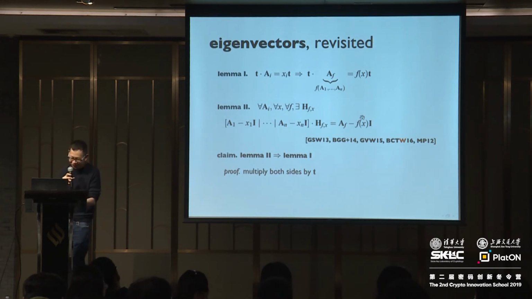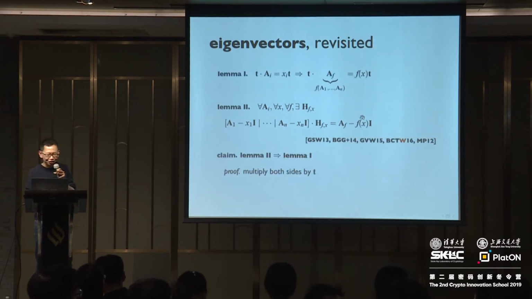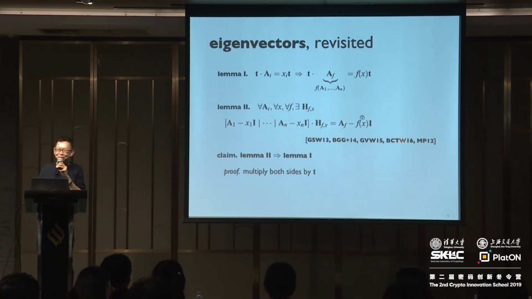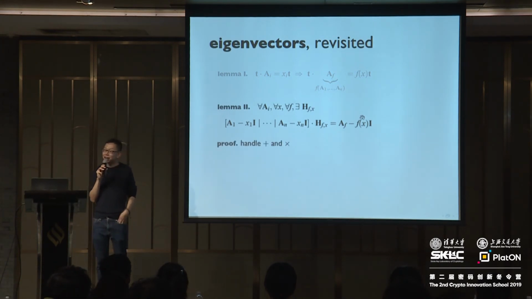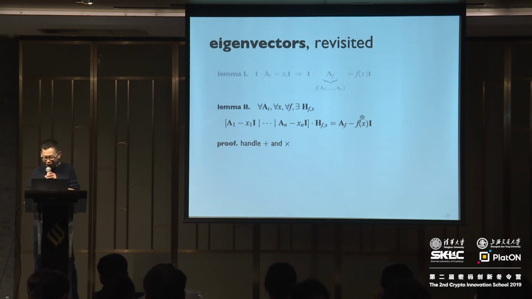So for the rest of this part before the break, I will try to convince you that lemma 2 is true. In fact, I will present a stronger variant of lemma 2, and also convince you that the stronger variant is true. If you get nothing else from the first half, this should be the one that you remember. If you get a bit lost during the proof, that's alright. So I now want to prove that lemma 2 is true. As before, if I want to prove a statement about any polynomial f, I only need to handle addition and multiplication. Alright, let's start with addition.